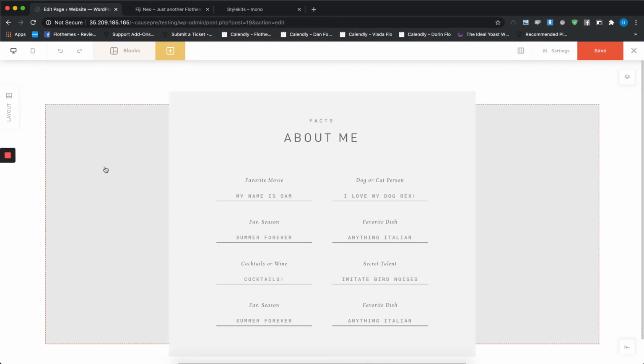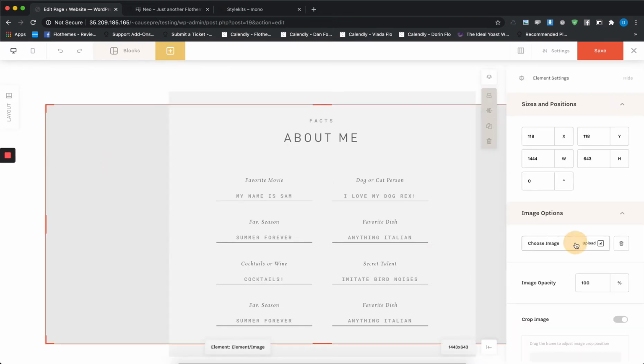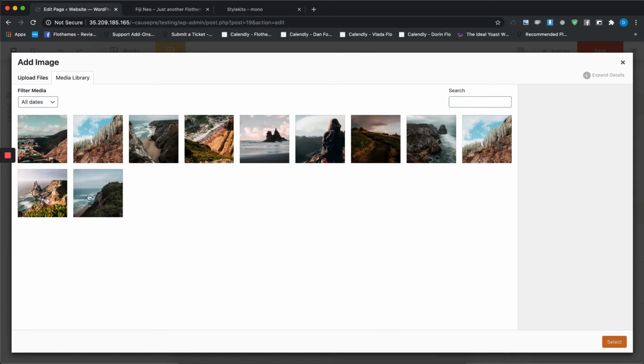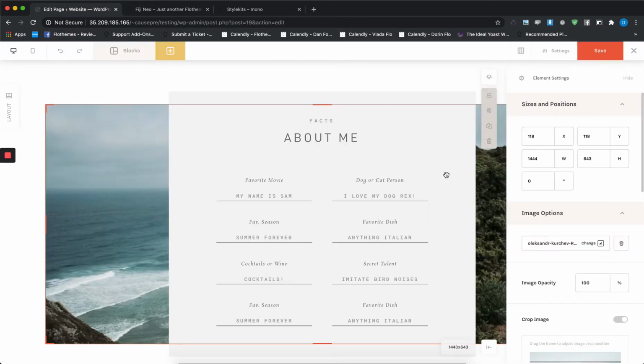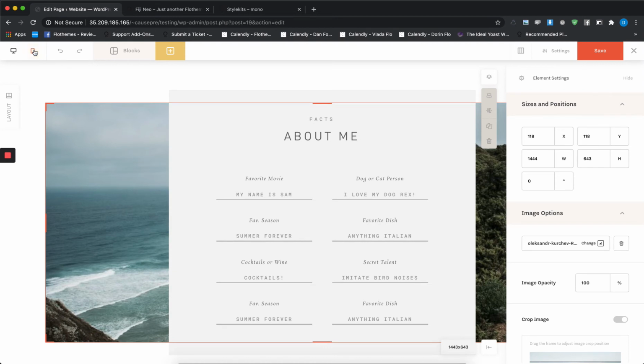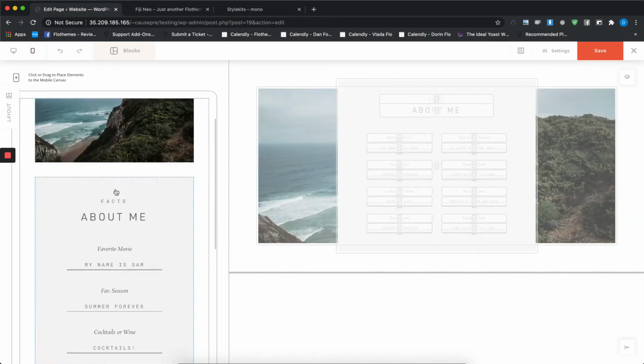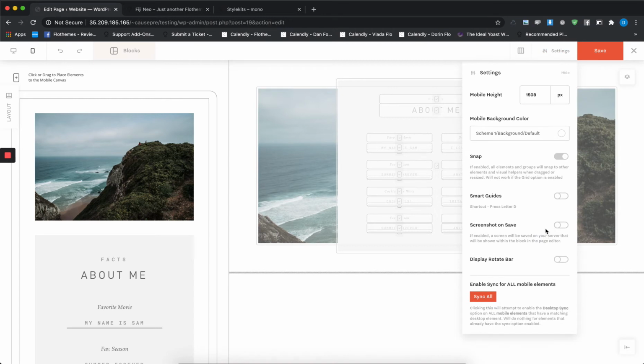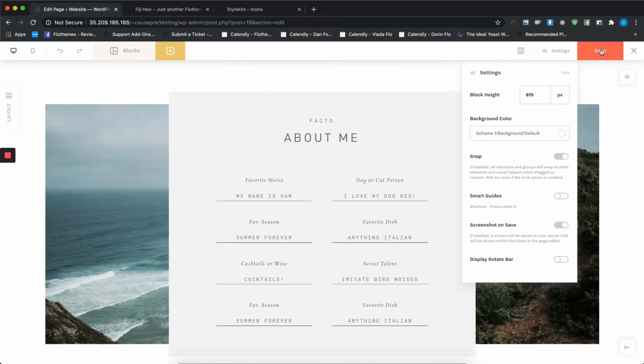Apply block, and I'll upload the image in here. Make sure that you check the mobile version as well to see if everything looks good. In the settings, I would recommend to enable the screenshot and save. That'll make a picture of the block the way it's designed and show it as a thumbnail for the cover of the block. And then just go on the save button. Once it's saved,